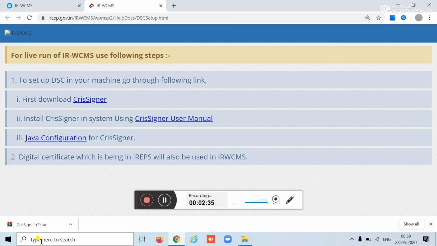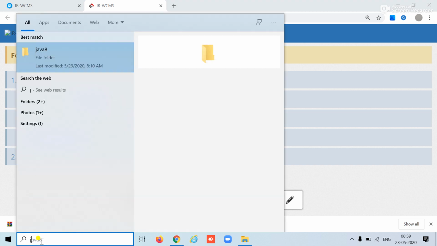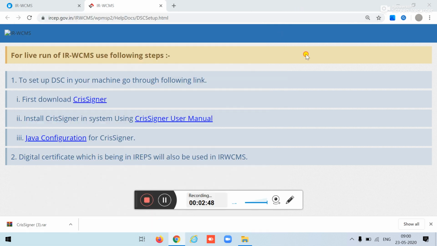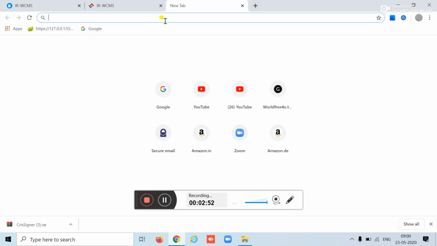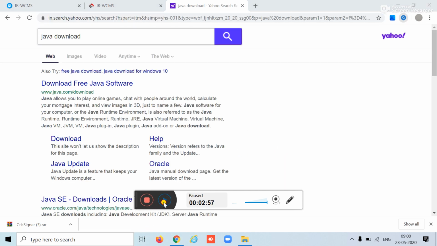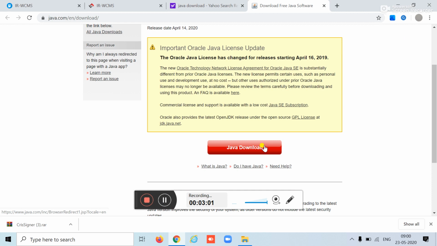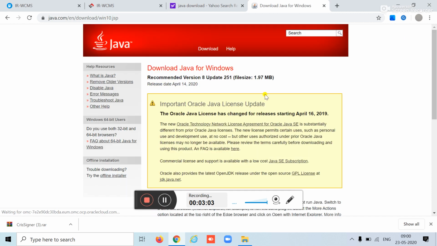Now go here and type Java. If Java is installed, the Java configuration will be shown there, but Java is not installed. Therefore go to Google, download Java and install Java, which is very easy. Open Google. Search Java download.